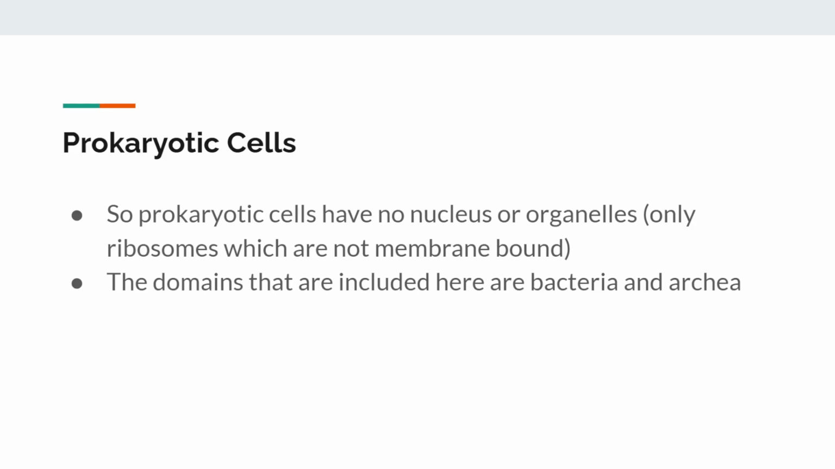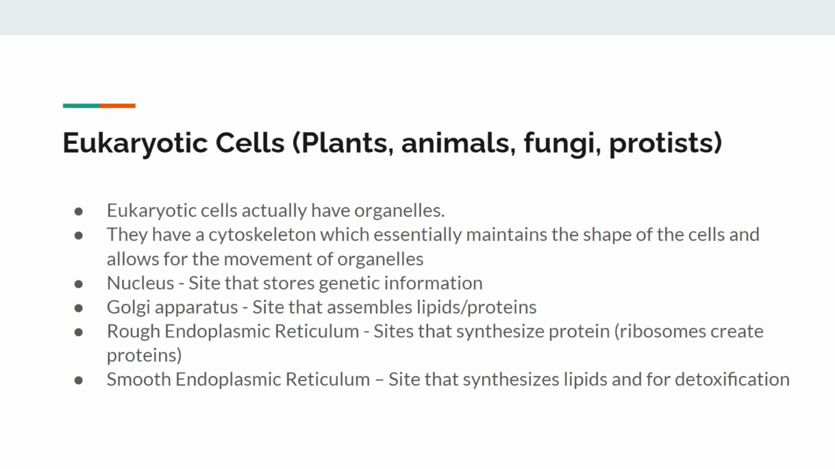So prokaryotic cells have no nucleus or organelles, only ribosomes, which are not membrane-bound. The domains included here are bacteria and archaea. We don't get to eukarya later, but I think we do cover cilia, which is in the eukarya domain. So what are eukaryotic cells? Well, there's plants, animals, fungi, and protists. Yeah, protists are eukarya, I believe. Sorry, I was mistaking cilia for protist earlier. But eukaryotic cells actually have organelles. As we mentioned before, prokaryotes have only a few organelles, but eukaryotes have